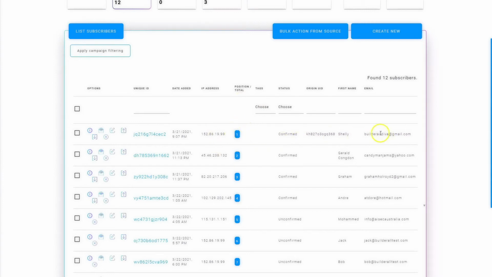So right now, this person is in the lead. But if they started to get referrals, they would change positions based on the number of referrals that they had. So that's how you would see the winner in a ranking contest. But what if you wanted to choose a random winner from your subscriber list?